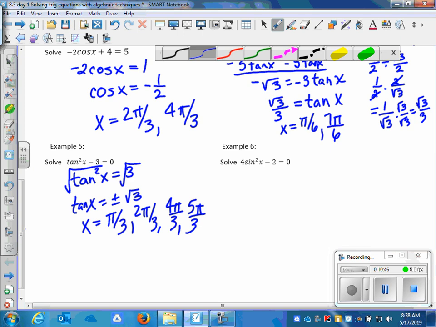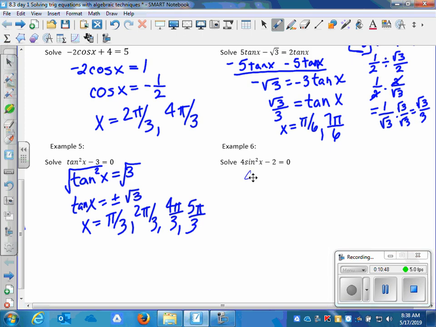All right, so for example 6, you should have added 2 to both sides, divided by 4. You need to reduce your fraction on the right-hand side first before you take your square root. So you have sine squared x equals 1/2. Square root of both sides. So we have sine x equals plus or minus